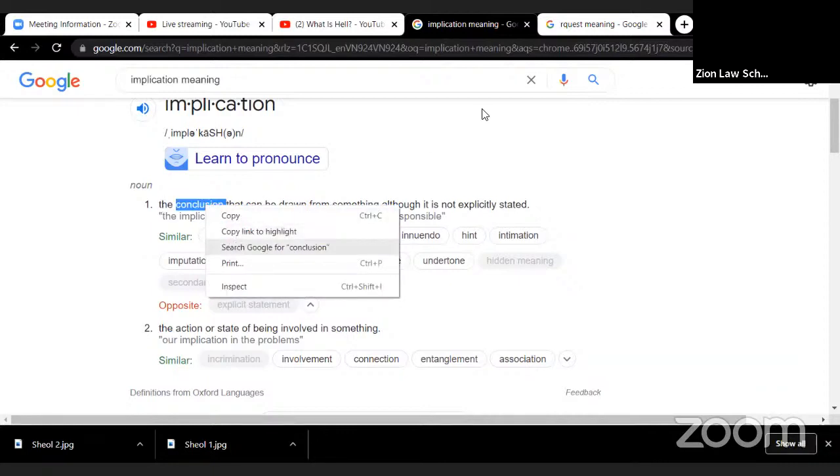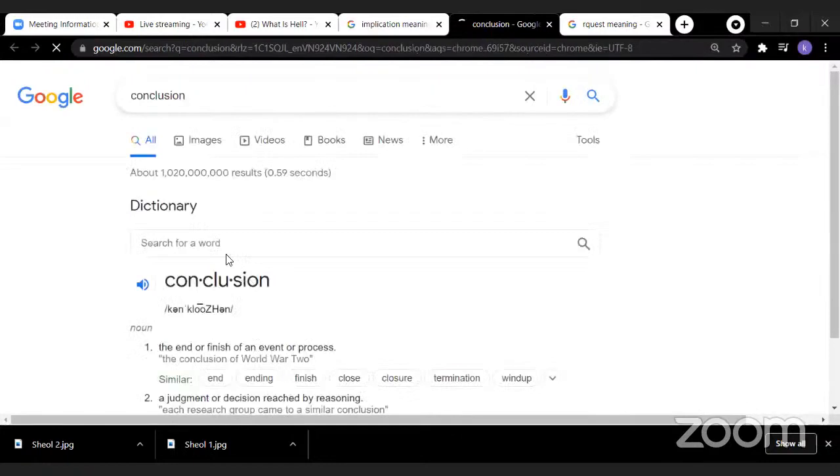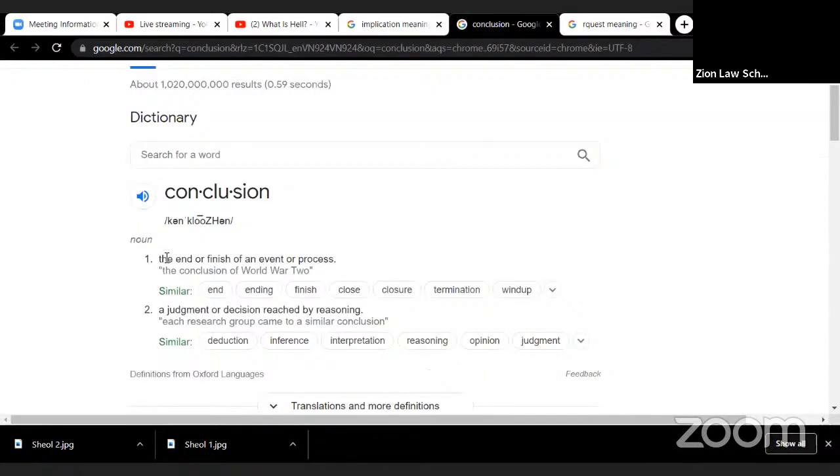Are you with me, Judea? Okay, conclusion, the meaning of conclusion. The end or finish of an event or process. Closure, end, ending. The second meaning as a noun, a judgment or decision reached by reasoning. So this looks more like what we're looking at. The end or finish of an event or process. So when we look at this word, it means